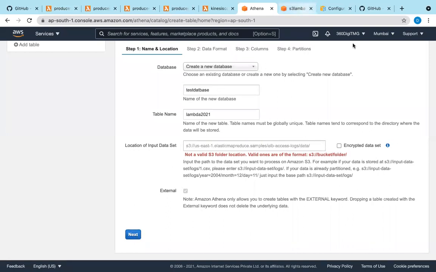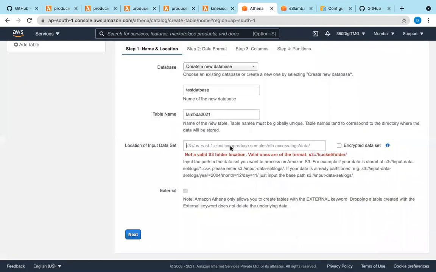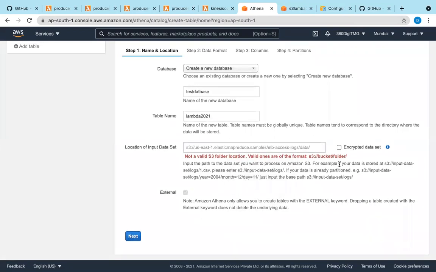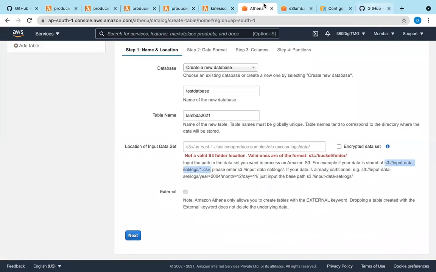Why? The location is Mumbai only. Location of this bucket is Mumbai. Let us try to give URL. S3 input data logs. So we have given in this format only.